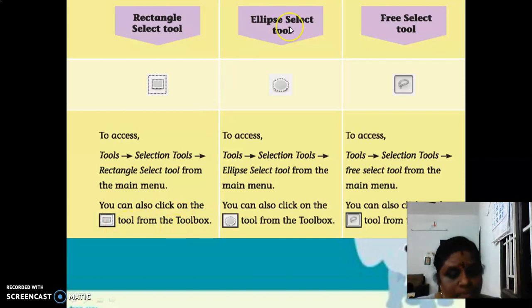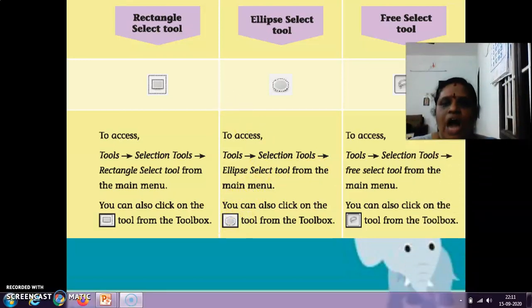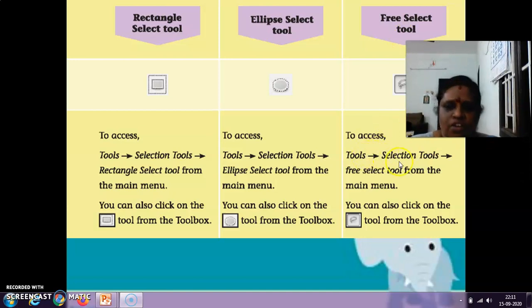For the elliptical select tool, go to Tools, Selection Tools, Elliptical Select tool from the main menu, or click on it from the toolbox. And to access the free select tool, go to Tools, Selection Tools, Free Select tool from the main menu, or click the tool in the toolbox.